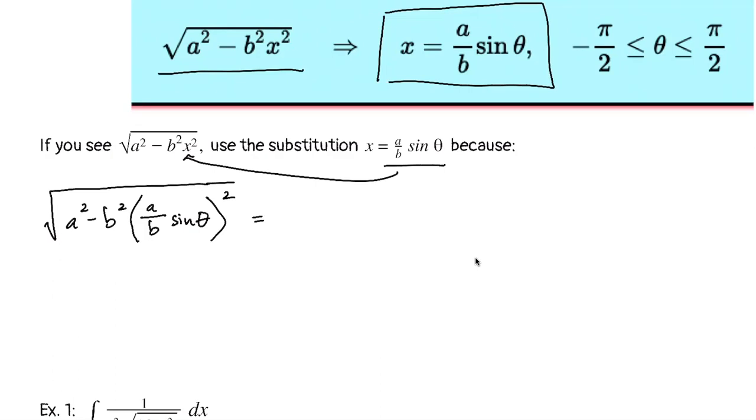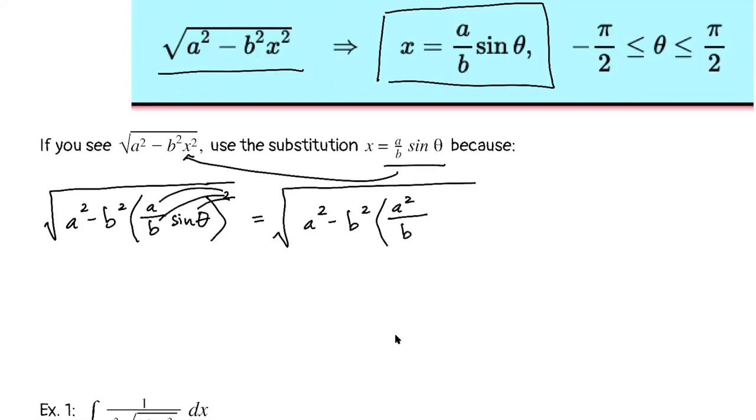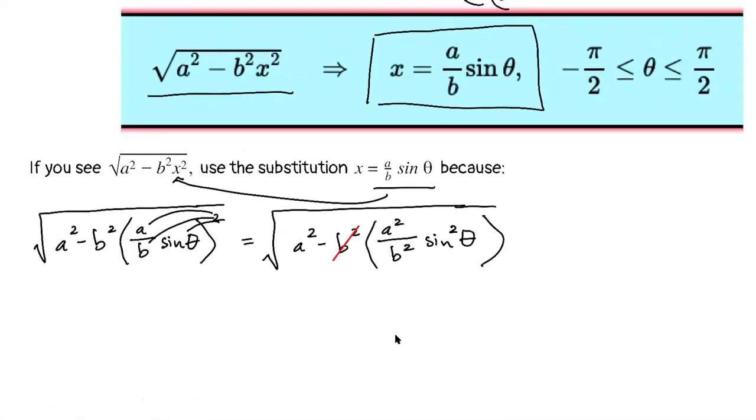So let's do a little bit of algebra here. I've got my a squared minus b squared. I'm going to take this square and square the a, square the b, and square the sine. When I do that, I get a squared over b squared sine squared theta. And then what happens to those b's? Well, this b squared and this b squared,